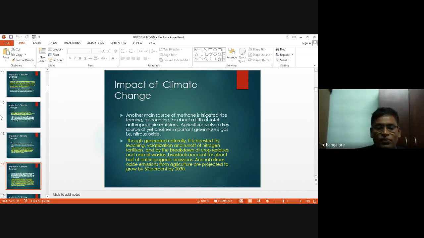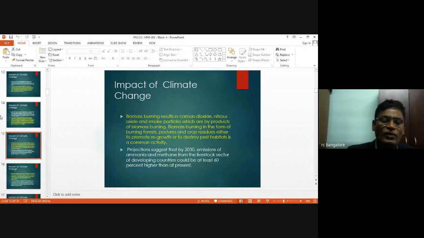So these are how much nitrous oxide coming from agricultural activity will be added to the environment. It will go up by 50% by 2030. That is what the study shows. And further,